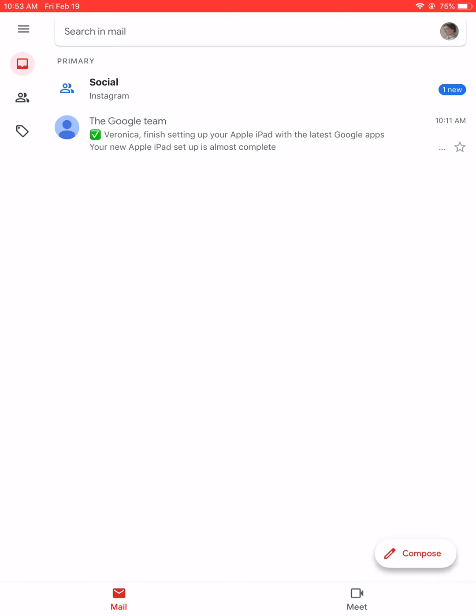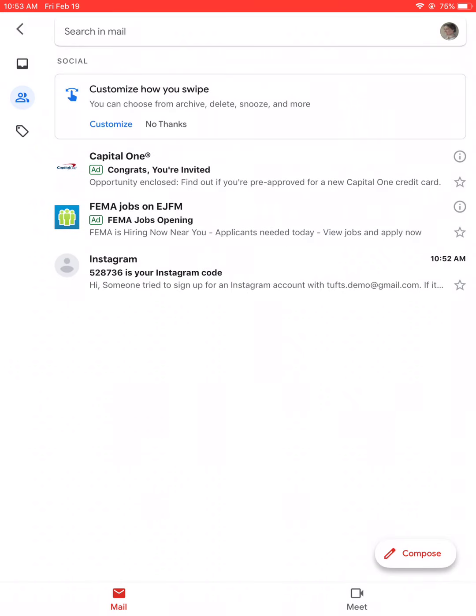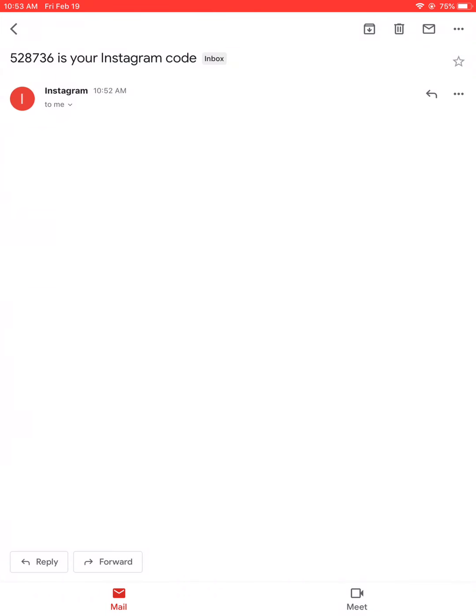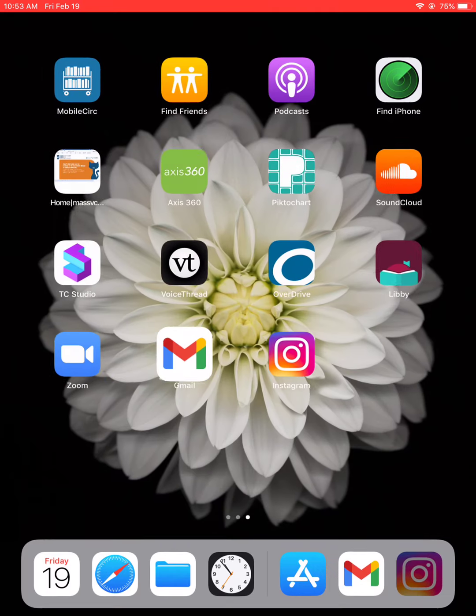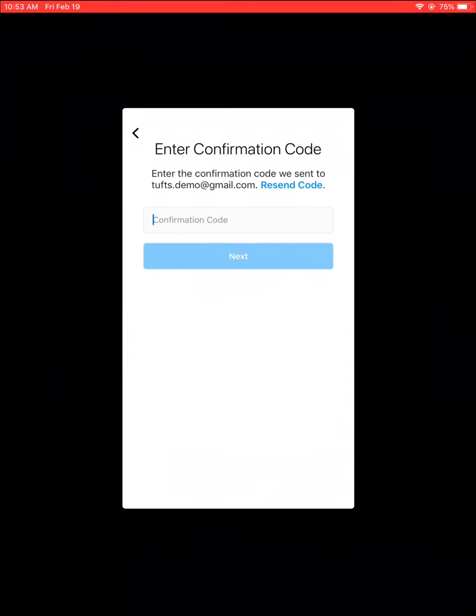So we're going to look in here, and as you can see, we have a new email from Instagram in the social file. So we're going to open up that email, and as you can see, our code is 528736. You can either copy that by holding your finger down on the numbers until the option pulls up, as you can see here, where you can copy, or you can write it down, memorize it, whatever works for you. We're going to close back out of the email, and we're going to tap back into